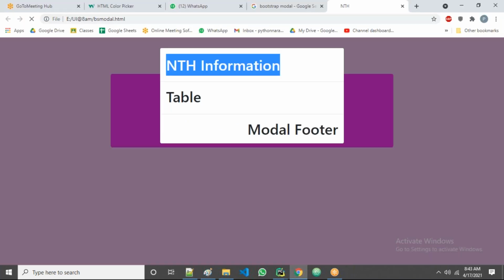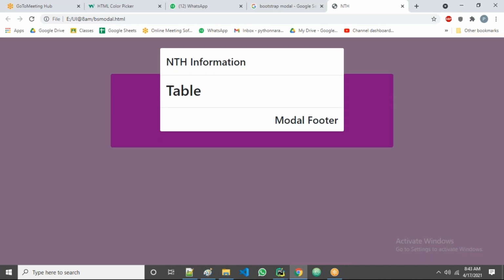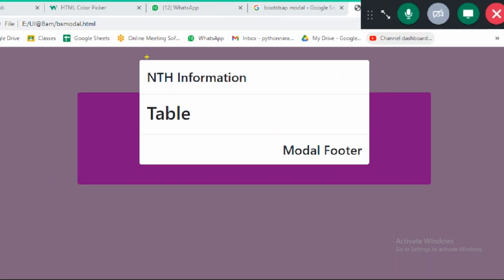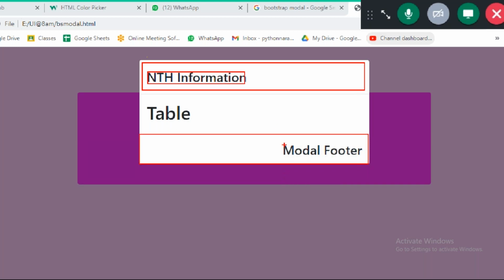Fine, I save this one, refresh here and click on this one. See, and one more thing is happening automatically: the header is coming on the left side, and the footer is coming on the right side automatically, guys.